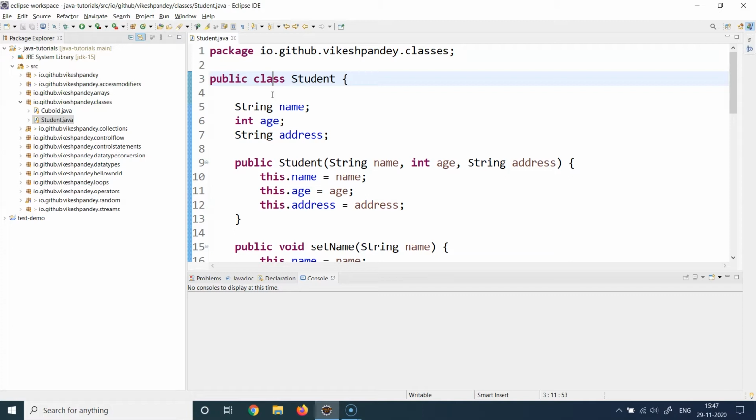Let's say if you have to build a student management system or a college management system, then all the real life objects which you see, we always say that Java is heavily inspired from real life examples, and classes and objects are the reason we say that. Because whatever you see in the world is always basically some entity. Human beings are an entity, cars are an entity, students are an entity, lecturers are an entity. So all the actors which you see in the world are basically entities, and you can map them as classes in the Java program.